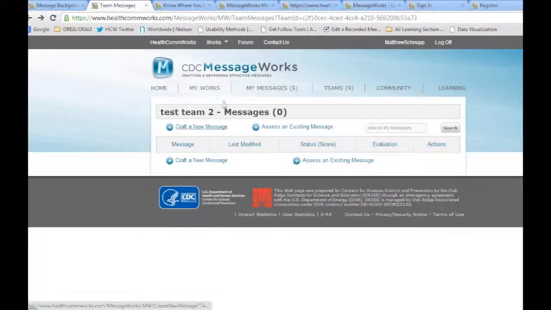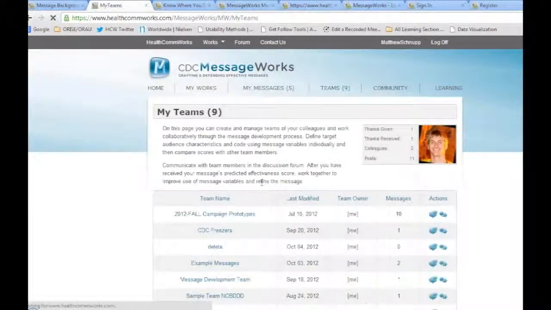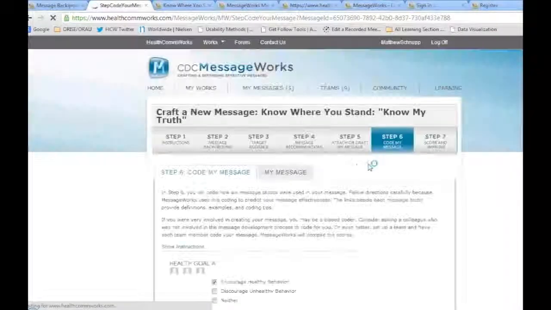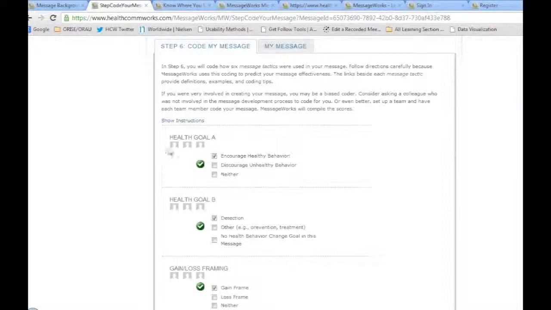So what actually ends up happening then is, when I have a team message, let me go to one that we do have. Let's see, maybe this one has someone attached. You'll see that each member I invite, so you have different people, can actually view the same process, and I as an organizer can see the results. So there are a couple of peculiarities and differences that let me see the consensus among my group of what kind of tactics they would choose to express this message concept.